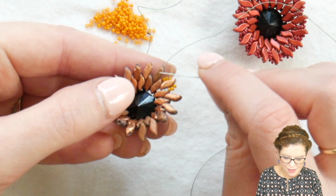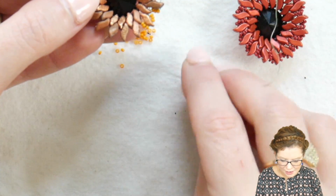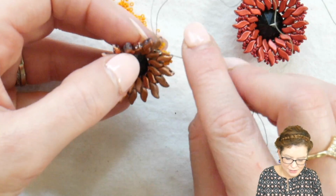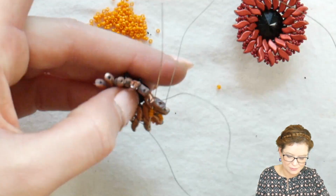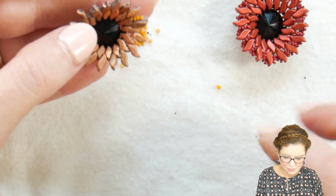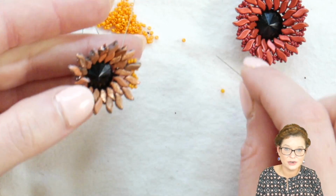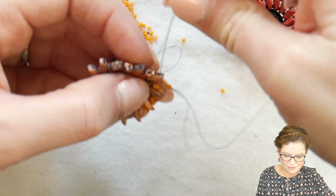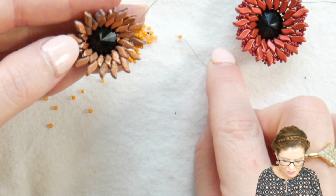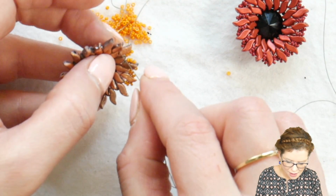and going up into that top hole of our next StormDuo, adding 3 more 15s, and jumping down into that top hole of the first row StormDuo. So just kind of going back and forth until we have our full sunflower done. Again, just 3 15s, jumping up to that top hole of our outer StormDuo. And again, 3 15s, jumping down to that top hole of our first row of StormDuos. So just continue this until you have all of your StormDuos outlined, and then I'll show you how to finish